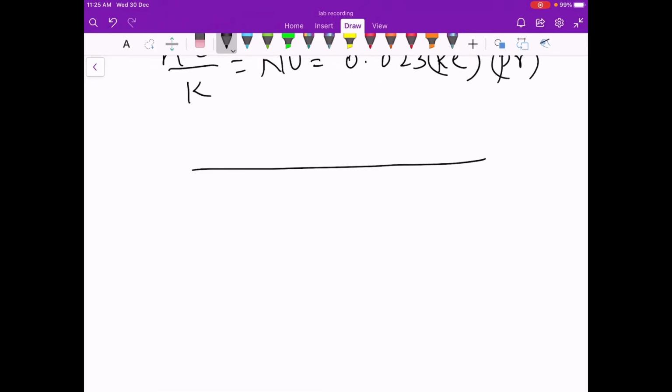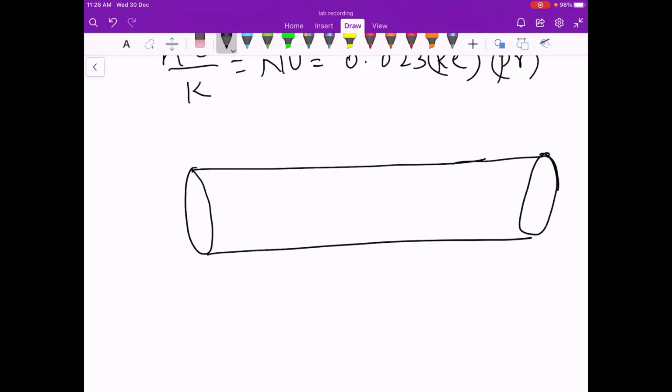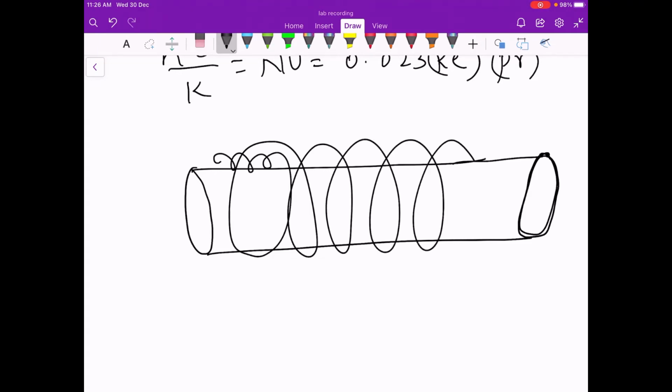So what is happening is, you have a pipe like this, where I will be explaining the actual experimental setup. So you have a heater which is wound on top of this. You should understand that it is wound on top of the pipe. Now here the flow is initiated. That means on the circumference of the pipe, the resistor coil has been wound.